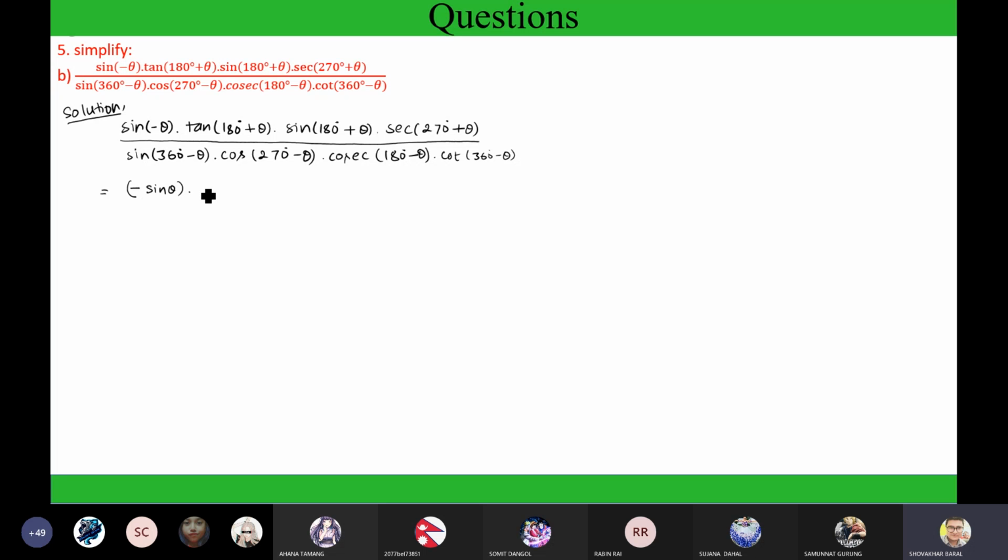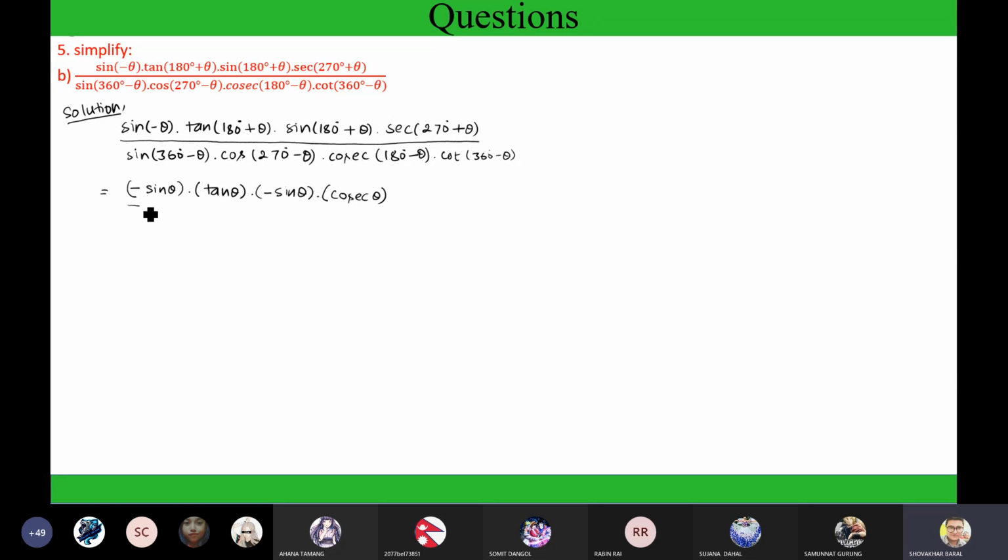So tan 180 plus theta, it will be tan theta. Please correct me if I overlook anything here. Sine 180 plus theta, this will be in the third quadrant, so negative. Minus sine theta, ratio will not be changed. Sec 270 plus theta, two things will be there, ratio will be changed. Again, the angle is in the fourth quadrant, so it will be positive since it is sec here, so it will be changed, that is cosec theta